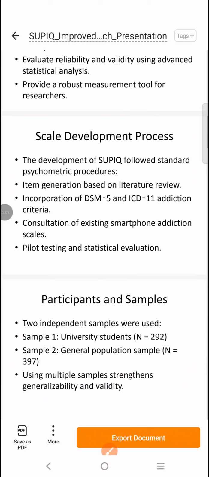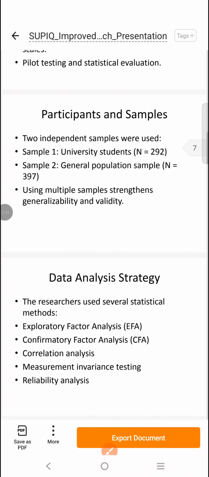The development of SUPIQ followed standard psychometric procedures, and I always tell you that psychometric means the process of exploratory factor analysis and the process of confirmatory factor analysis. Combined, it is called psychometric properties. So this questionnaire has passed through EFA and CFA. Item generation was based on literature review, with incorporation of